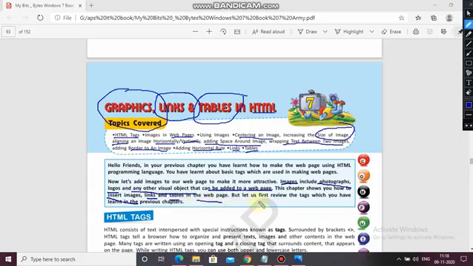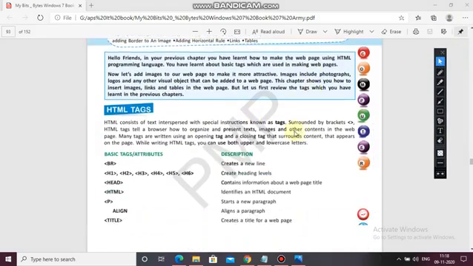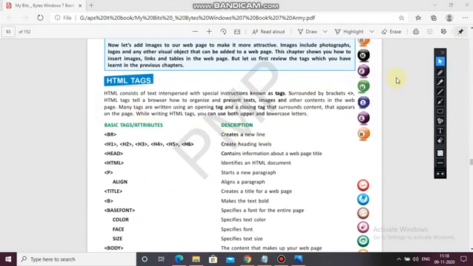But let us first review the tags which you have learned in the previous chapter. So let's see that. HTML tags. HTML consists of text interspersed with special instructions known as tags. Interspersed means fitted with special instructions. Whatever the special instructions given, the text is fitted in between them, known as tags.